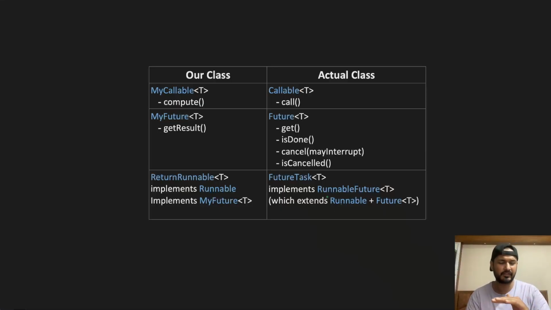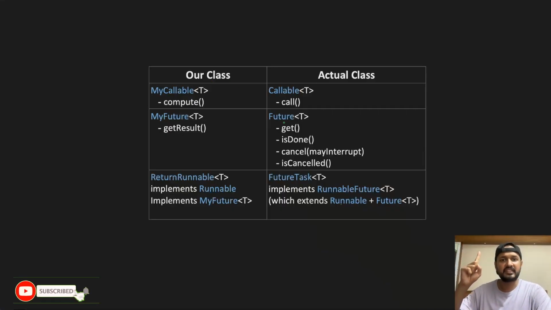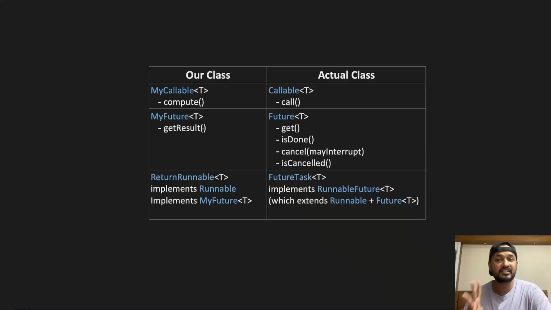So this is one level of abstraction that Java has. So now you know what that Future class was, what the FutureTask class was, what the RunnableFuture that we saw was, and what Callable is. Everything corresponds to the simple example that we just created. So this is the structure. Java just has some more methods and more functionality associated with it, like these extra methods as well as exception handling and everything. Correct.